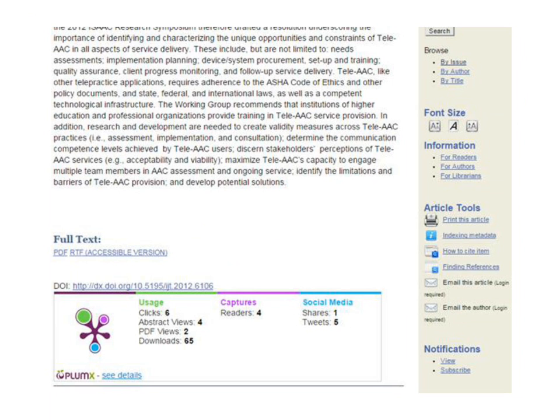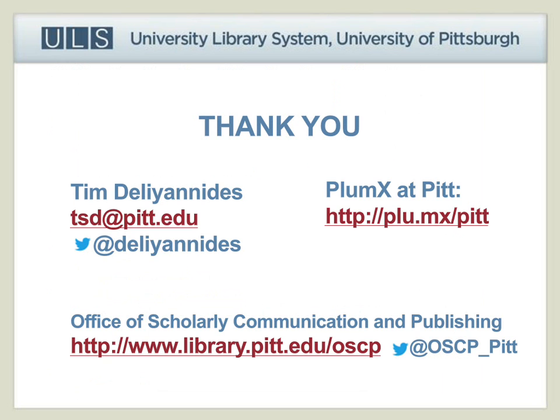So these are the things I wanted to share with you today. I hope you've gotten some ideas about the potential of this new kind of information we're seeing for the first time and how altmetrics might be integrated into your service offerings and your work with researchers at your institution. Thank you.